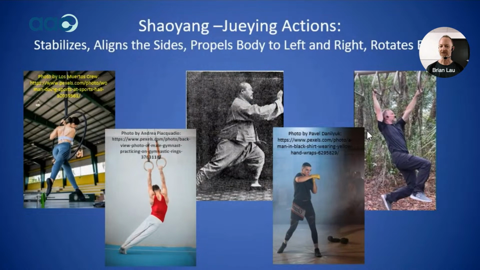So just a couple images here. All of these are showing some aspect of either rotation or side bending, with the exception of the middle image, which is really more about extension. I put this one in here for a particular reason, because even when we're doing activities like Tai Chi, like this is showing push hands or a Tai Chi movement, we're stabilizing the lateral side of the body and the medial sides of the body.